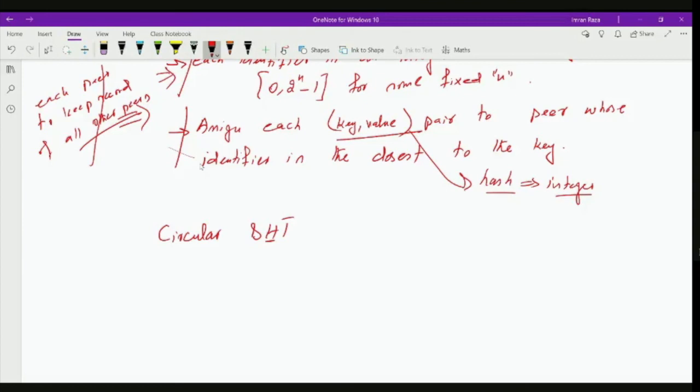Table is containing these records, and distributed means we have distributed it across the different peers. And now we are trying to refine this process from a single machine to distributed across the different peers, and then from identifying these peers by IP addresses to integer values, and then now we have come to the circular